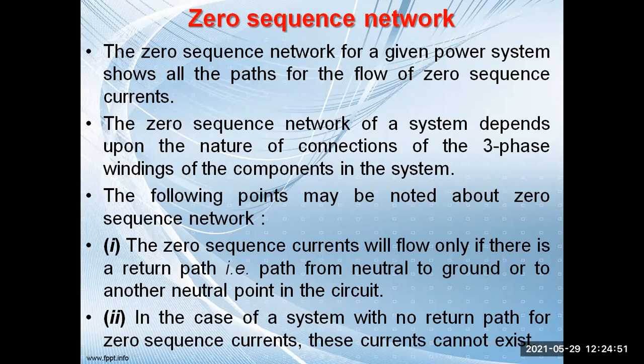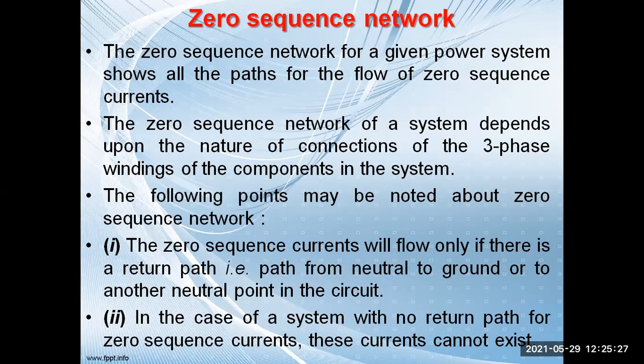We have to clearly understand one point: the zero sequence current will only exist if there is a connection between the neutral and the ground. So the zero sequence current or the zero sequence impedance will exist if there is a direct connection between the neutral and the ground. For the delta connected circuit, there is no existence of the zero sequence network. But for the star connected system, we have a neutral point and that neutral point is grounded, so we have a zero sequence impedance in that case.